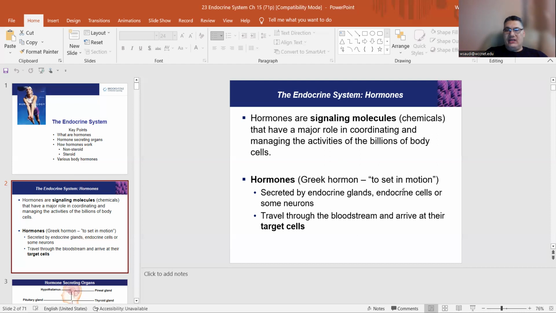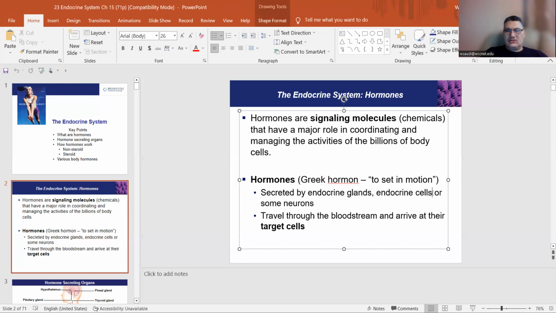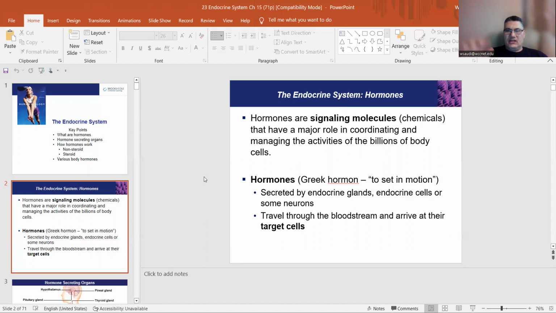Hormones, it's Greek, that means to set in motion. It moves into the cells and does the actions and so on. Secreted by the endocrine glands or endocrine cells. What do you mean? What's the difference? Endocrine glands, endocrine cells. Yes, there are glands where the whole entire gland is doing nothing but secreting hormones. This is its job, to do the secretions. But there are others where this is not their primary job. They just have some cells